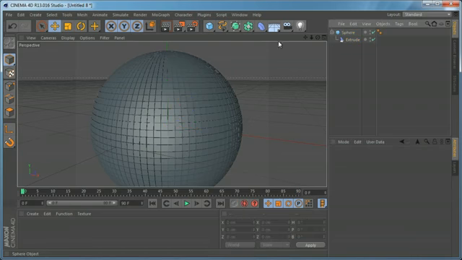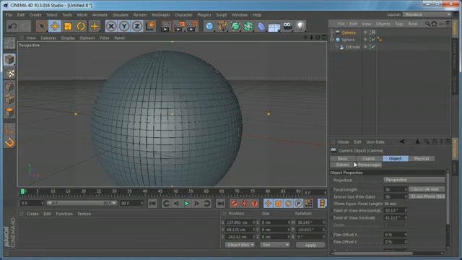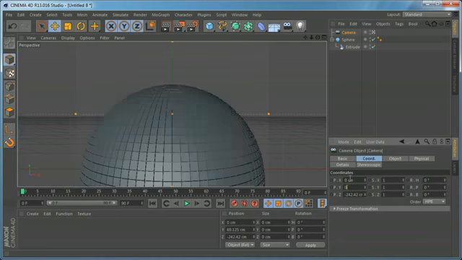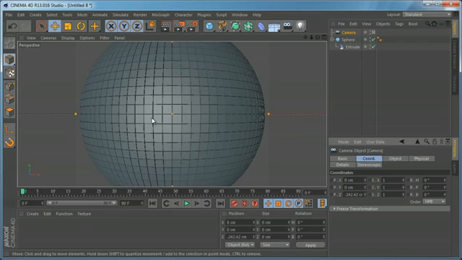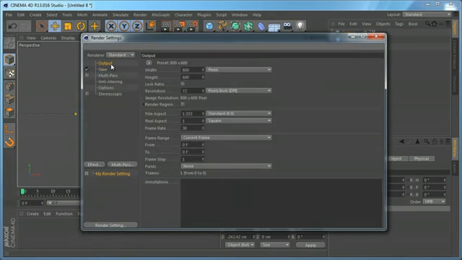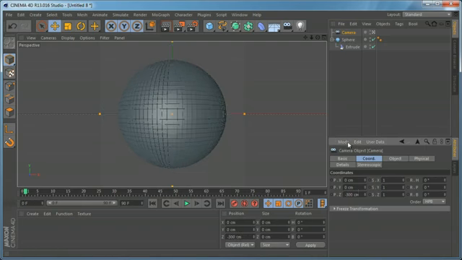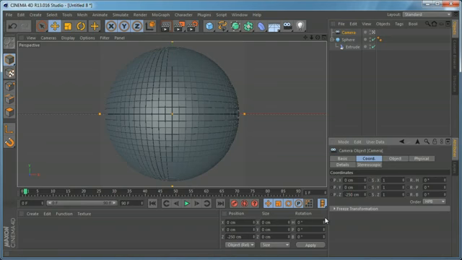And now let's create a new camera and let's position it, zero out the rotation and position, and let's hit Ctrl B for the render settings and come to Output and select 1000 by 1000 pixels, and we are okay now. And just set the camera to -300 or just like so, and we need to animate the